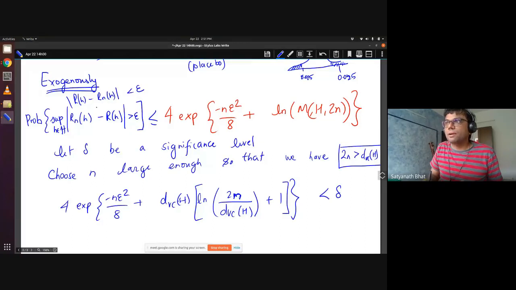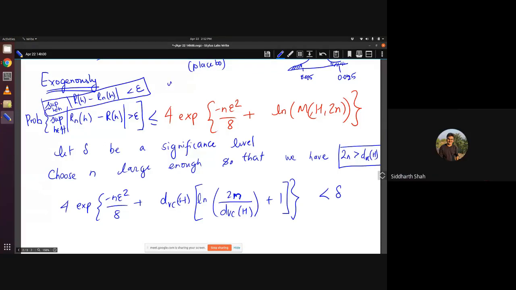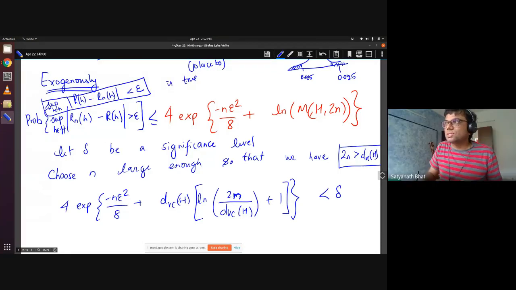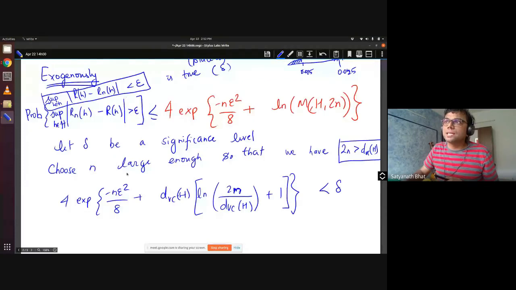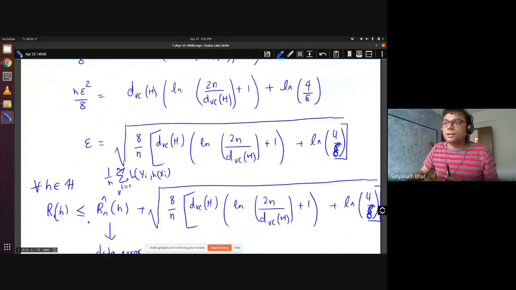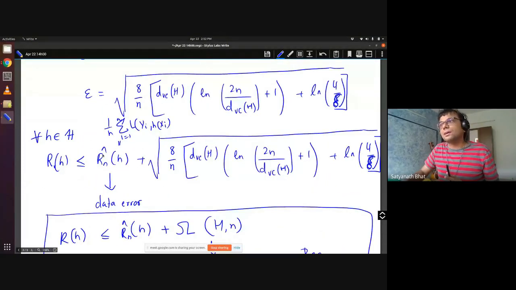So if I accept that, for h belonging to H, Siddharth, can I assume that this is always true? Yes, sir. This is fine. This is true because, of course, there is a delta tolerance, but I'm assuming that is small enough. And when it is true for everything in my bag, in particular for all h, it will be the case that R(h) minus Rn hat(h) is less than epsilon. So I push that Rn hat outside.